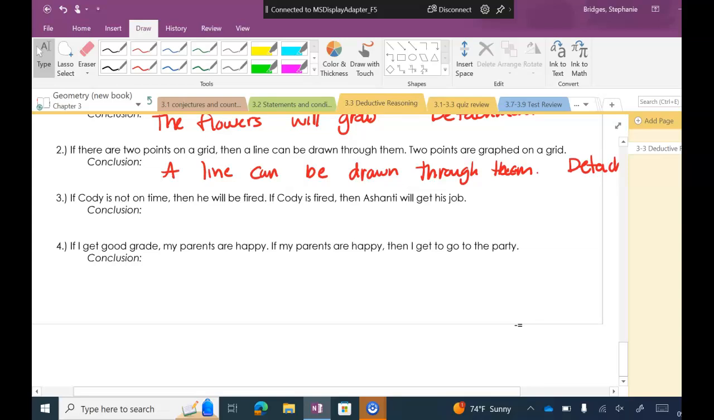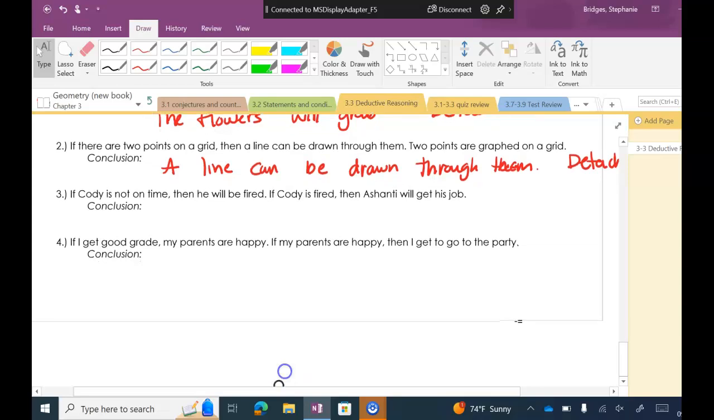How many if-then statements for number 3? 2, right? So this is going to be syllogism if we can make a valid conclusion. The conclusion in the first statement has to match the hypothesis in the second. It says, if Cody is not on time, then he will be fired. Then it says, if Cody is fired, then Ashanti will get his job. Does the conclusion in the first statement match the hypothesis in the second statement? Yes. So we can make a valid conclusion. We can say if Cody is not on time,